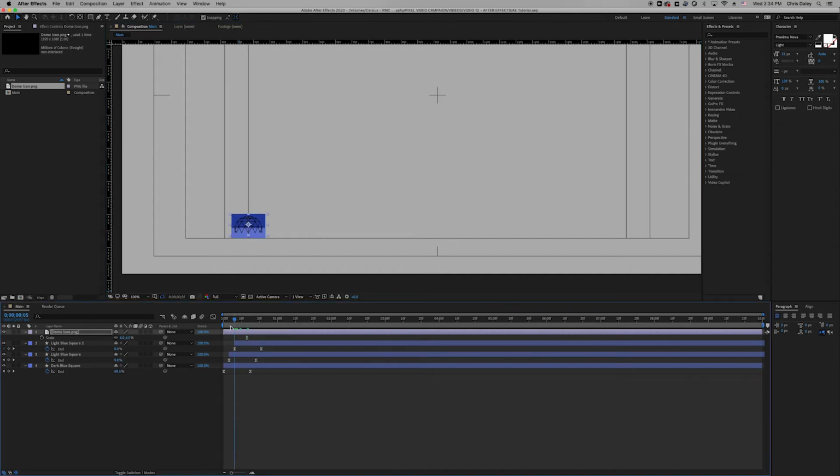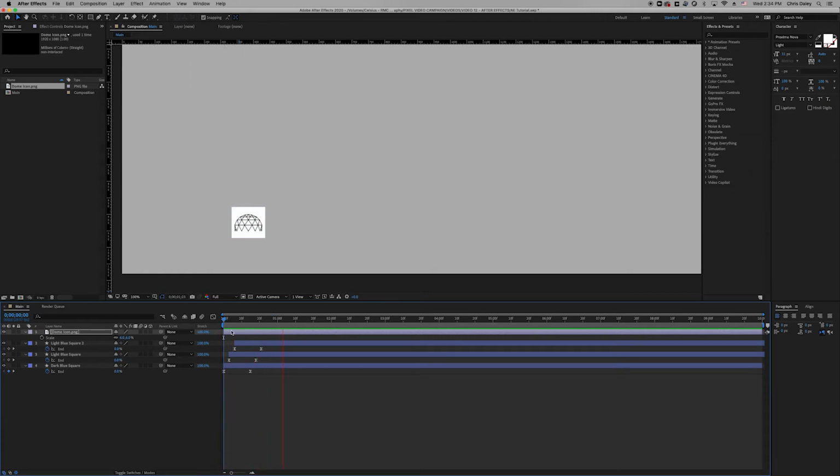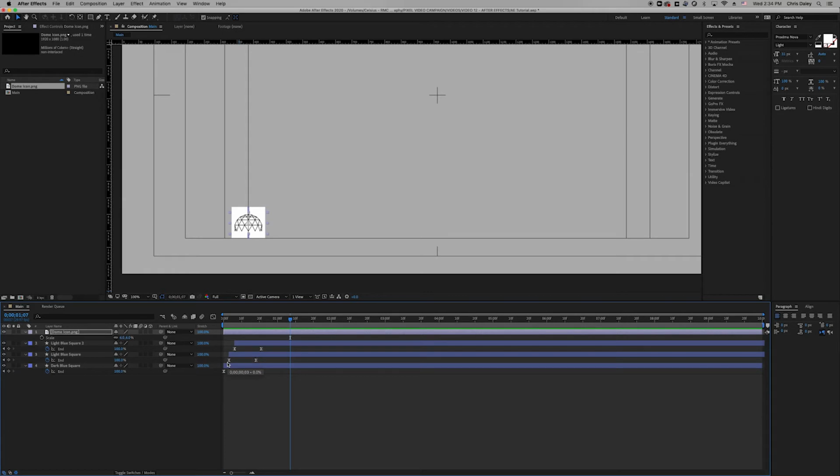Okay, now, right now, it's not doing anything, right? We want it to reveal. So what we're going to do is alpha matte. Whenever you use alpha mattes, you're asking After Effects to either show or hide a layer that's above. So right here, let me relabel this real quick. White square. Okay, so if I were to alpha matte,